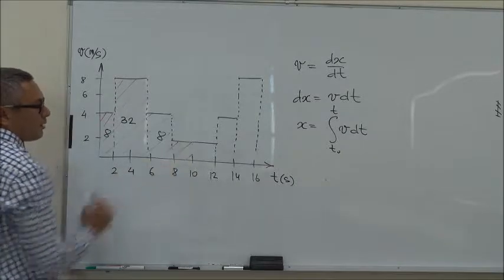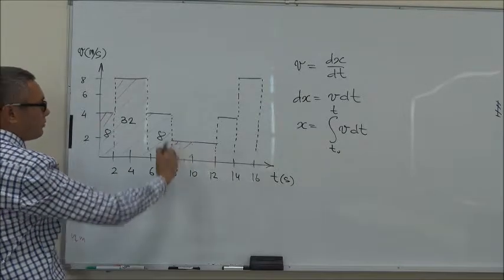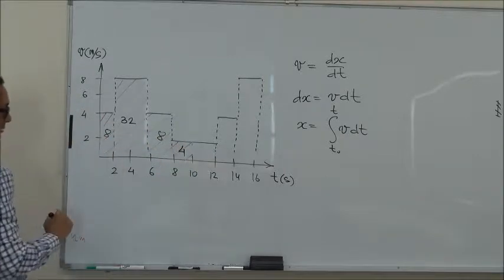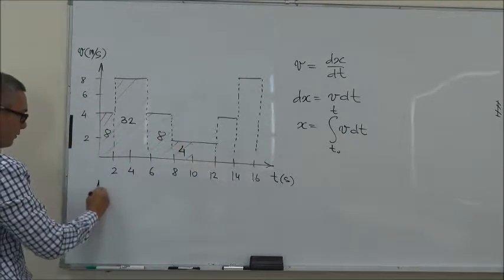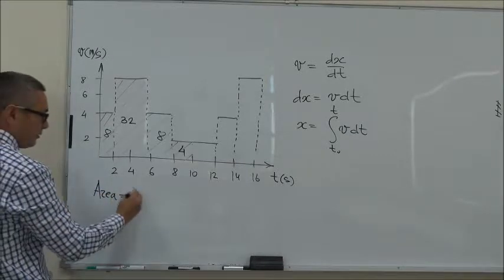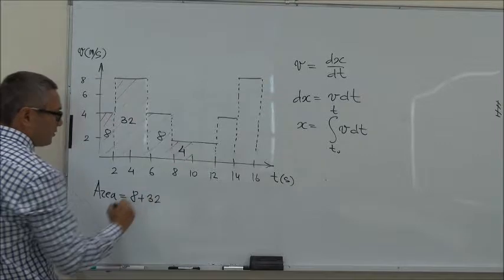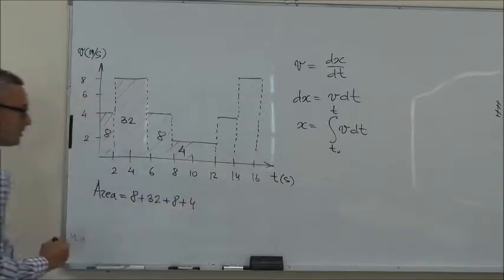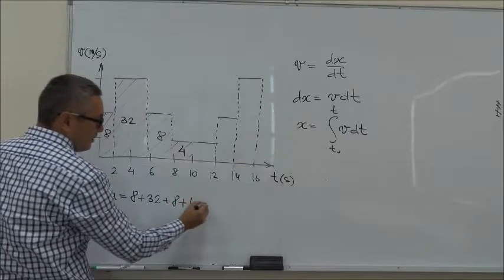And then this small square here is 2 by 2, so that's 4. So now we just need to add this up. So the total area is equal to 8 plus 32 plus 8 plus 4. And this gives us